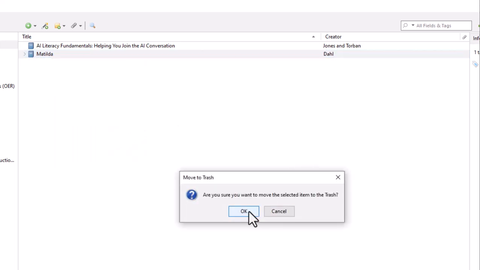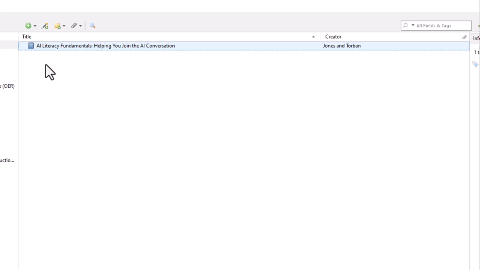So I can go ahead and move it to the trash. And then now I just have the one title here. You also have other options. You can add notes by themselves. You can add attachments like PDF attachments. And then you can search up here in this box for all fields and tags once you get several sources